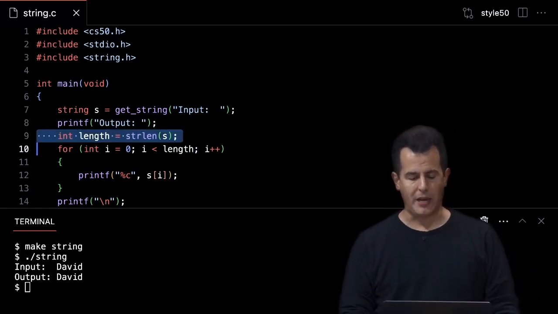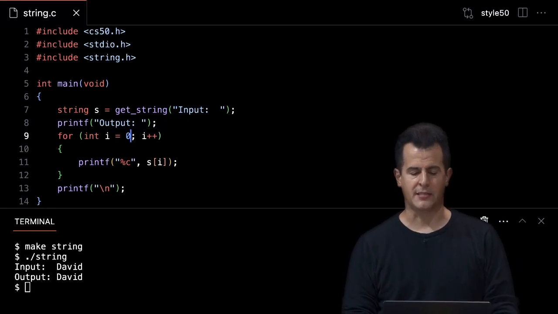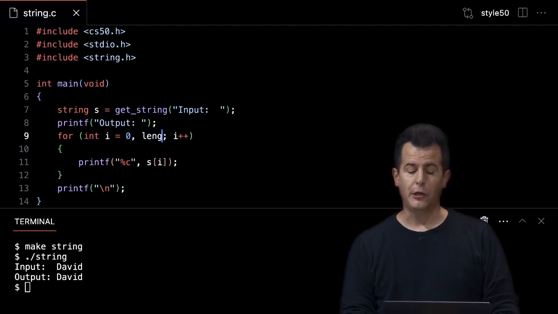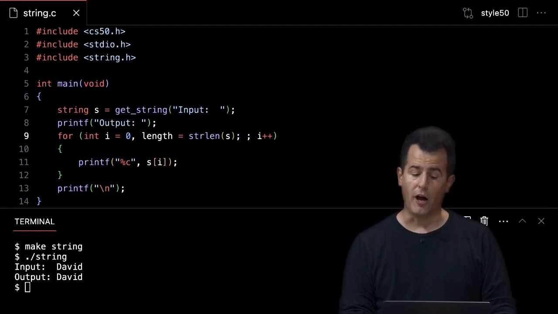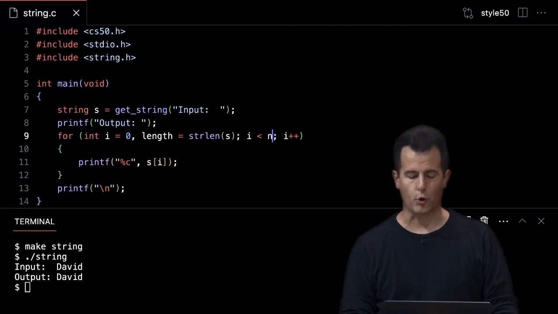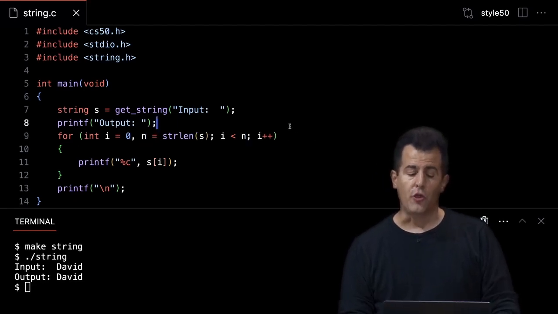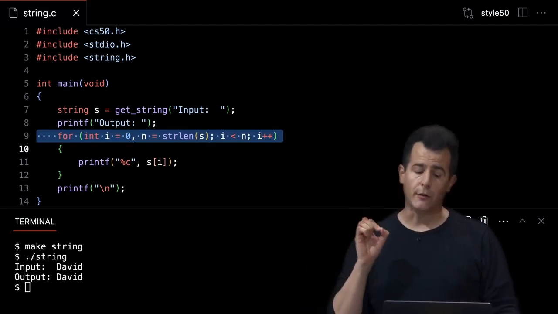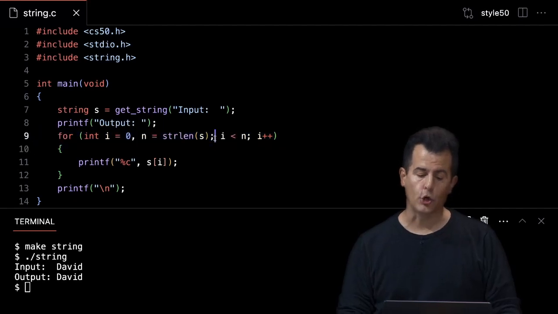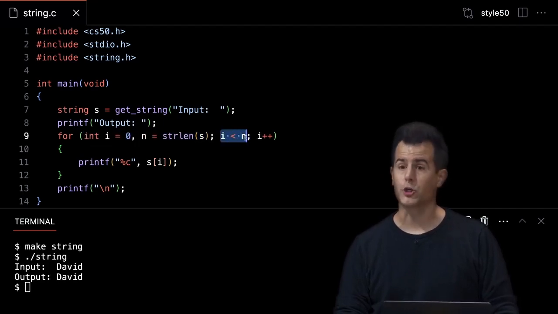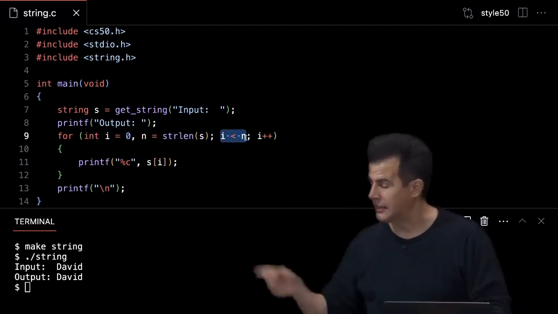But a more common way to write this would typically be to do something like this. After initializing i, you can also initialize something else, like length, and you can set length equal to strlen of s. Then your semicolon, and now you can say while i is less than that length. Or I can tighten this up further. If it's just a number and it's a super short loop, might as well just call it n. So this now would be sort of a canonical way of implementing the exact same idea, but without the inefficiency, because now you're calling strlen in the initialization part of your for loop, not inside of the Boolean expression that gets checked and executed again and again.